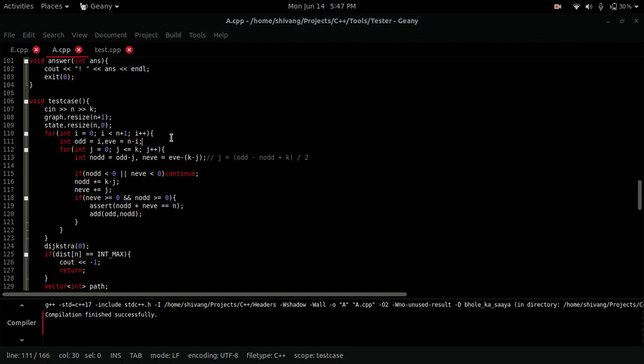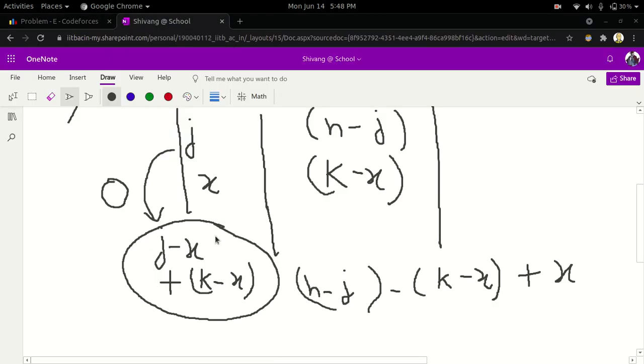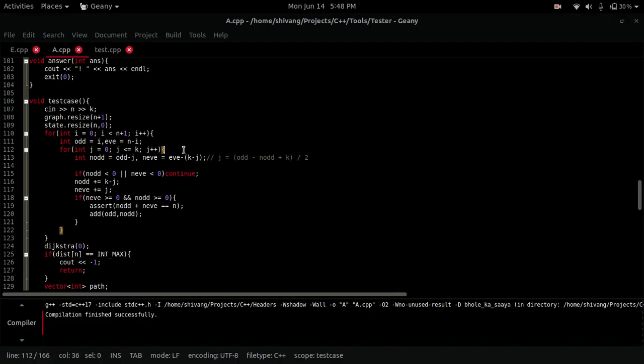And this j is the number of elements I'm going to take from odd. I should have used j here maybe, but this x is this j. I have to take k minus j from even. So if I take j from odd, the new odd is going to be odd minus j. The new even is going to be even minus k minus j.